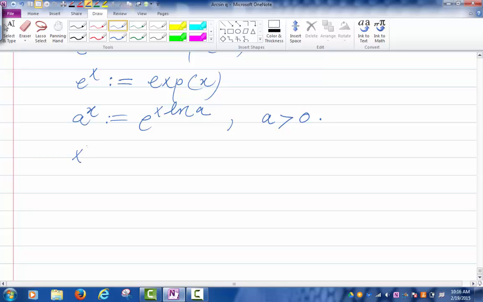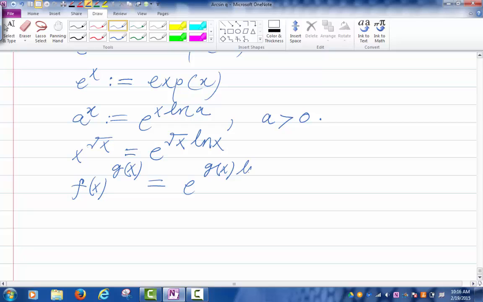First of all, I defined exponential as the inverse of the ln function, the natural log. I'm now going to do the opposite. I have a definition for a to the x, and I'm going to define the log base a as the inverse of a to the x. Remember, a to the x is either increasing or decreasing, so a to the x is always 1 to 1. So it has an inverse. Okay? So note